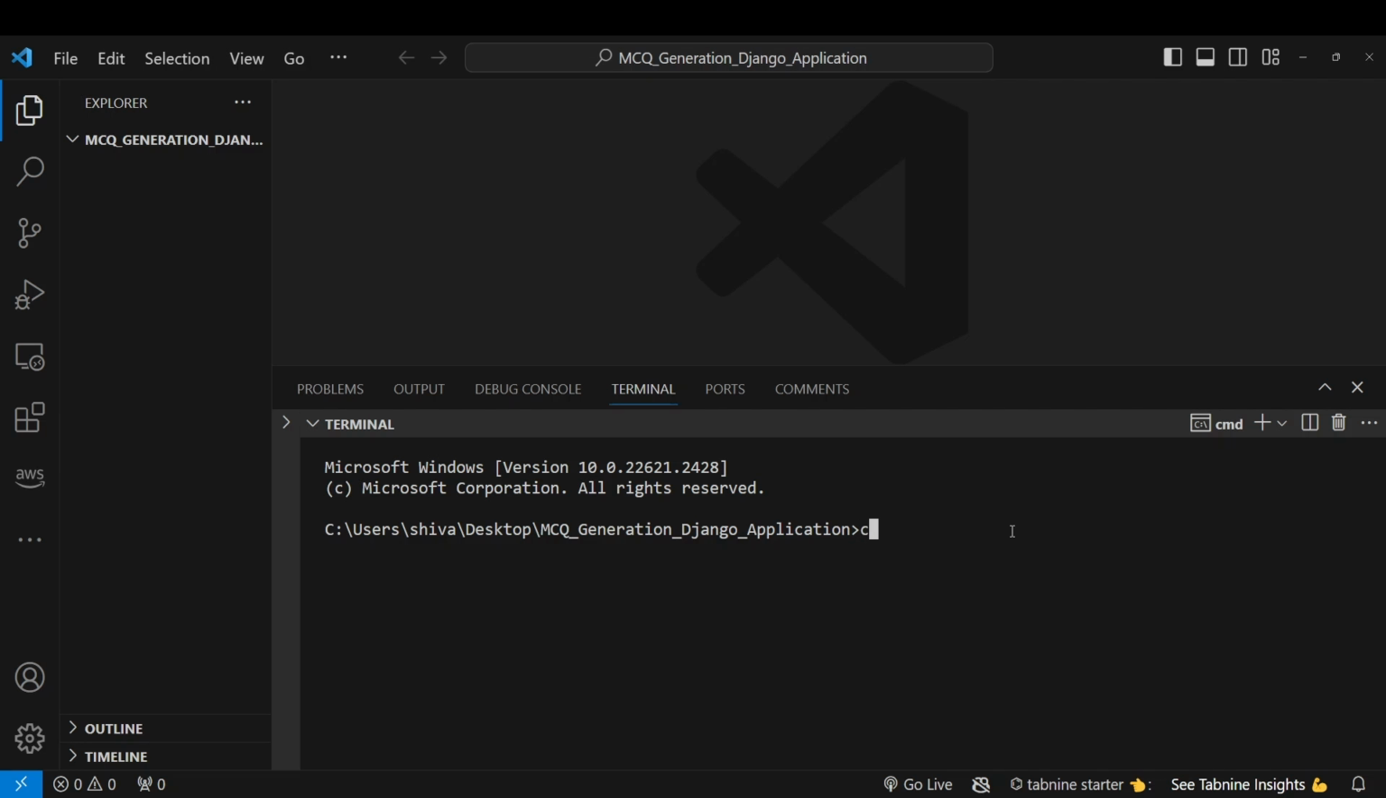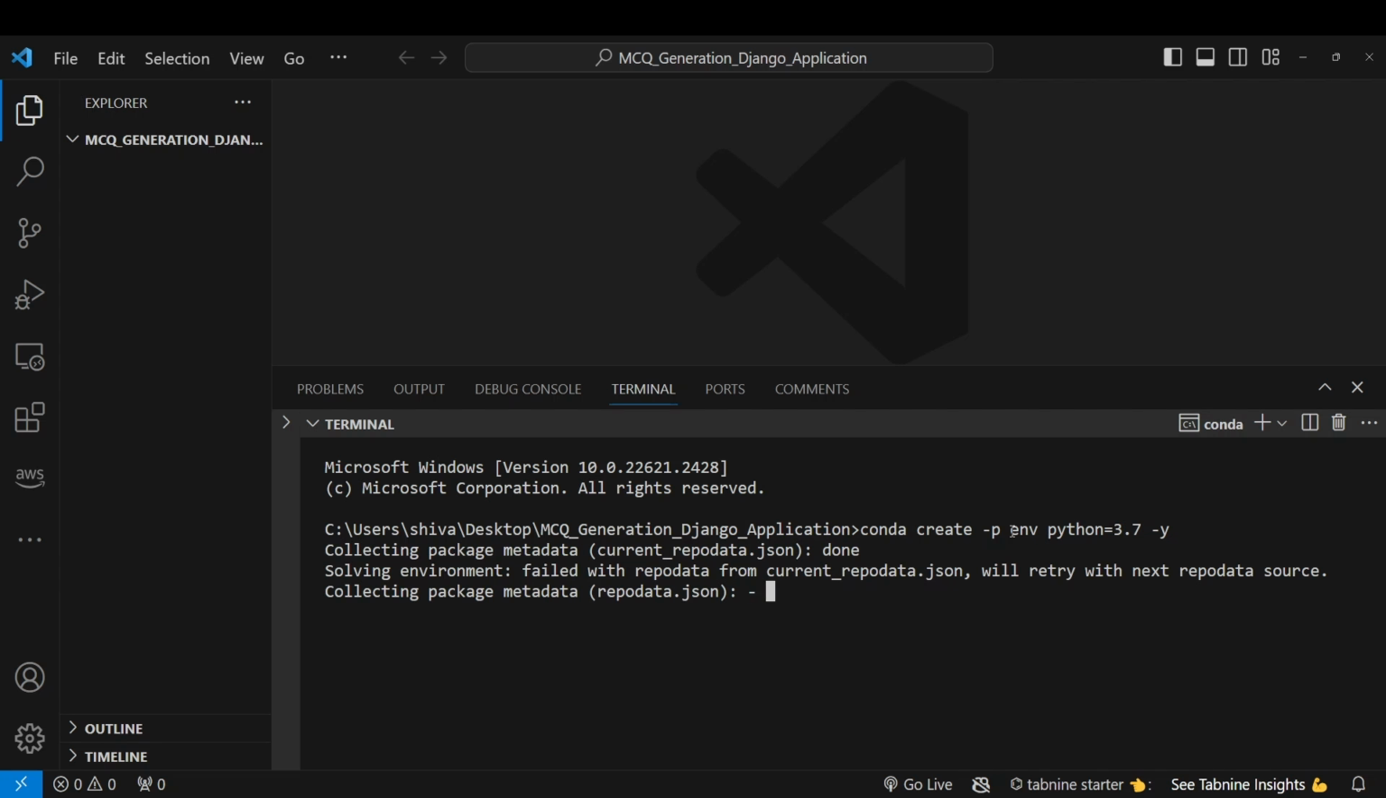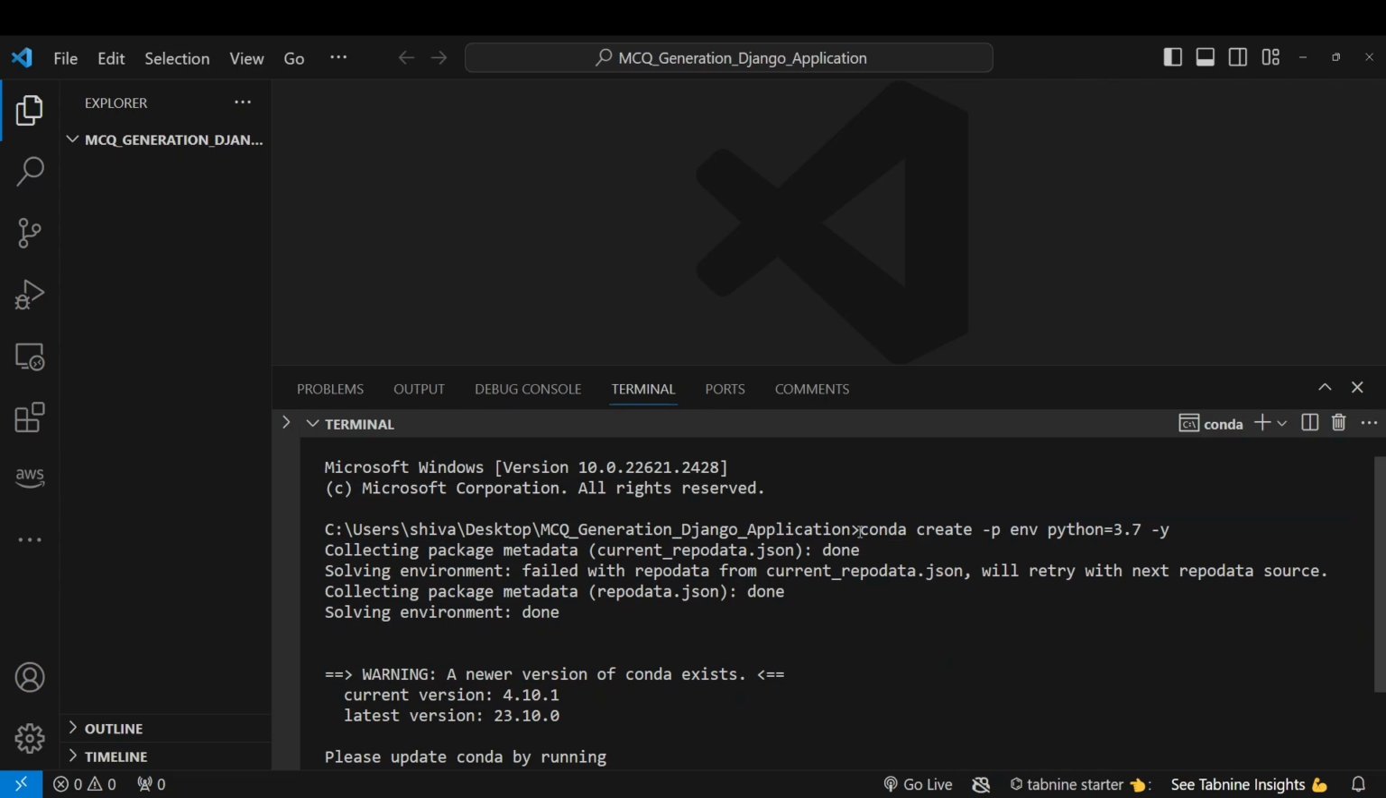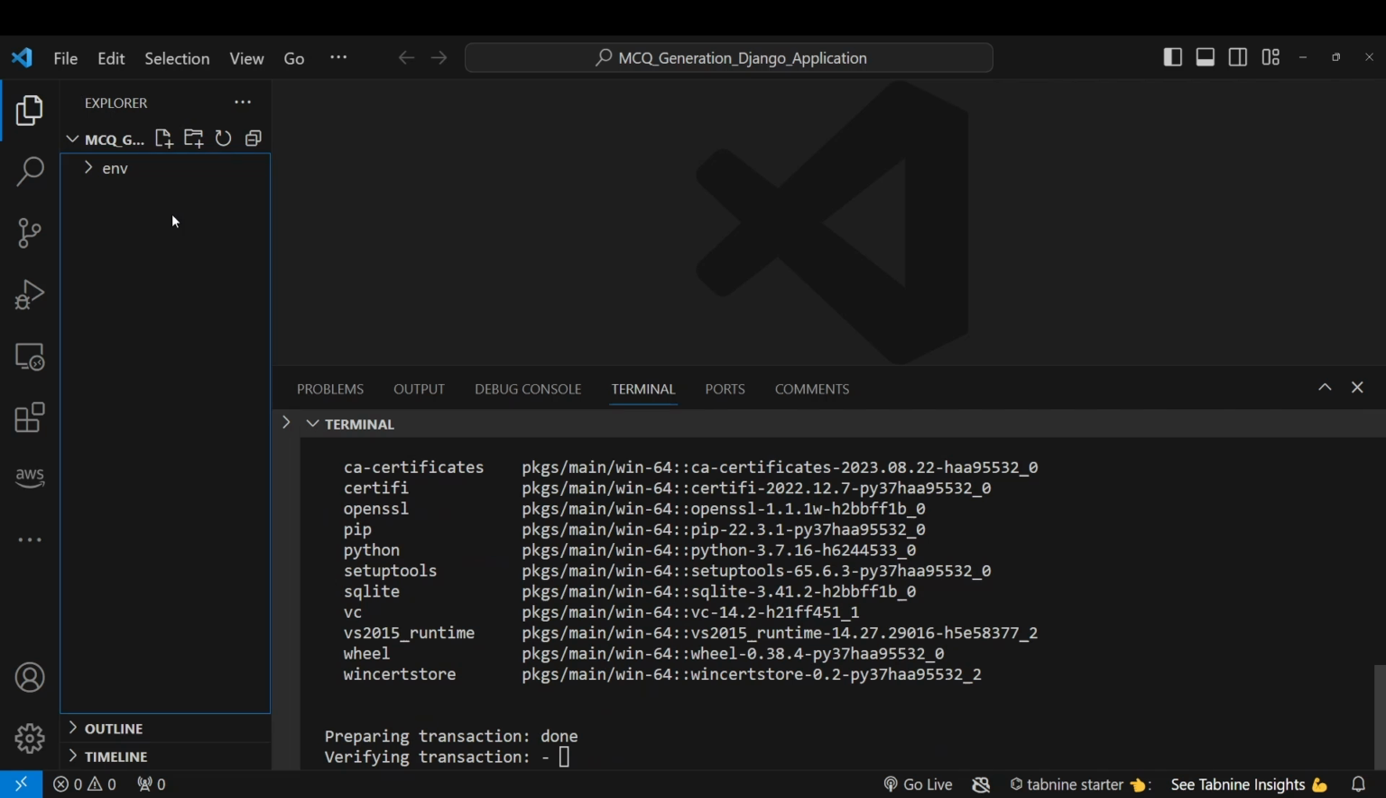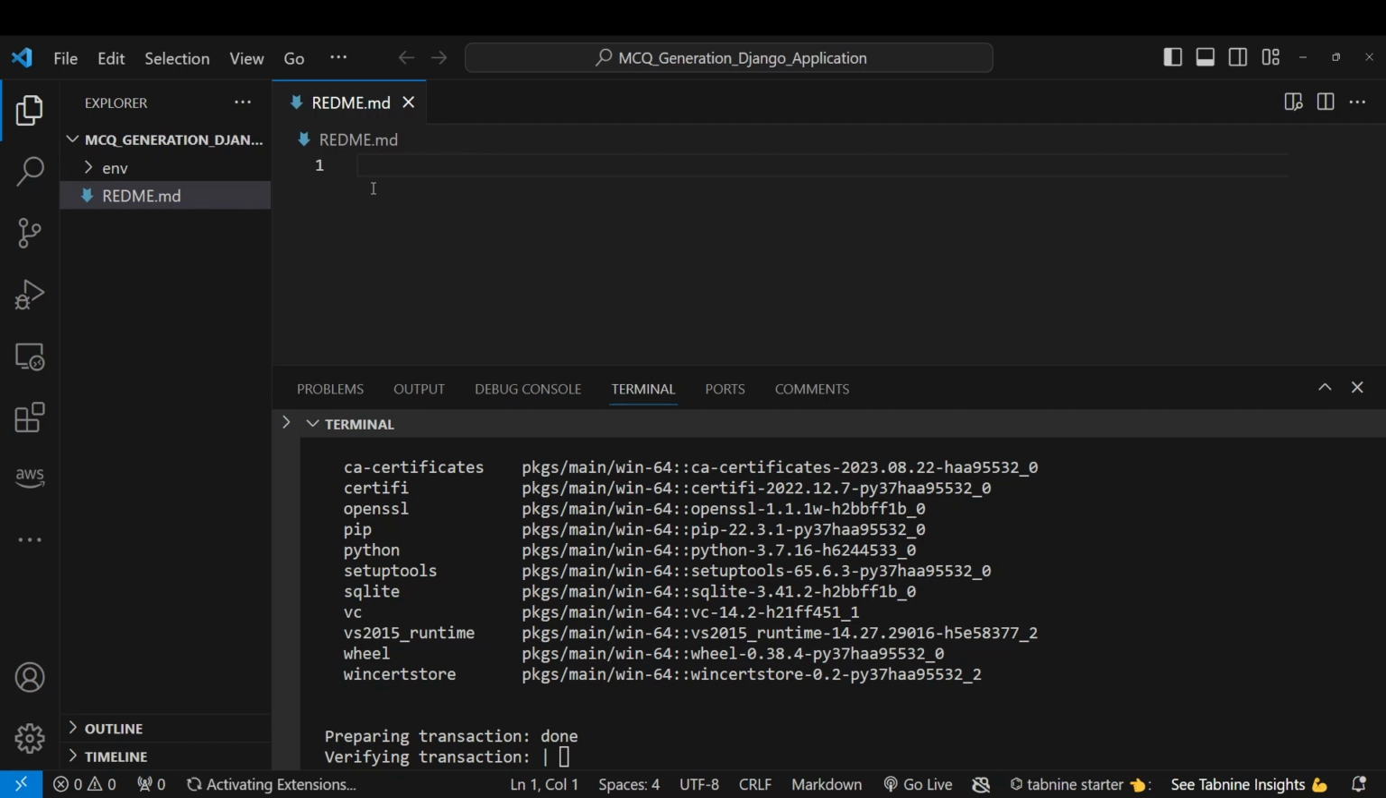So we have a command called conda create -p env, our environment name, python=3.7 -y. Make sure you use the same Python version, 3.7. Meanwhile, let me copy our complete command so that I can provide you the complete thing. So let me create a readme file here, readme.md. First, create